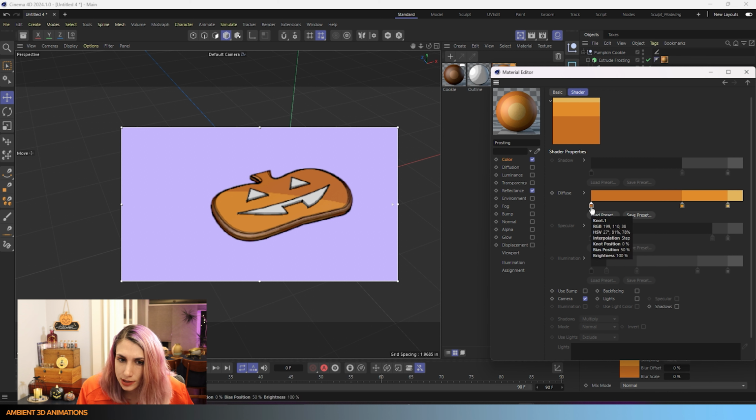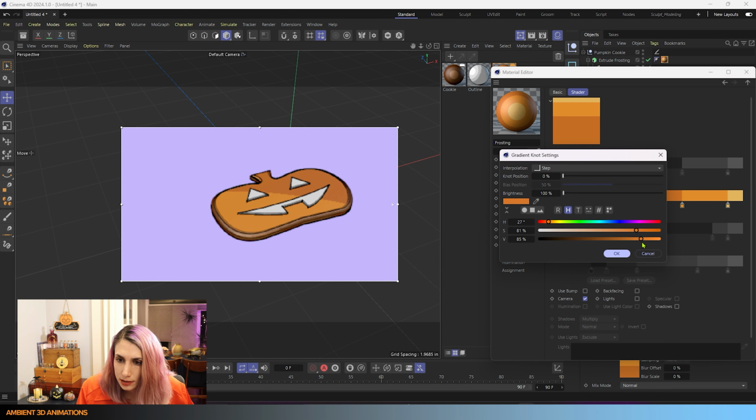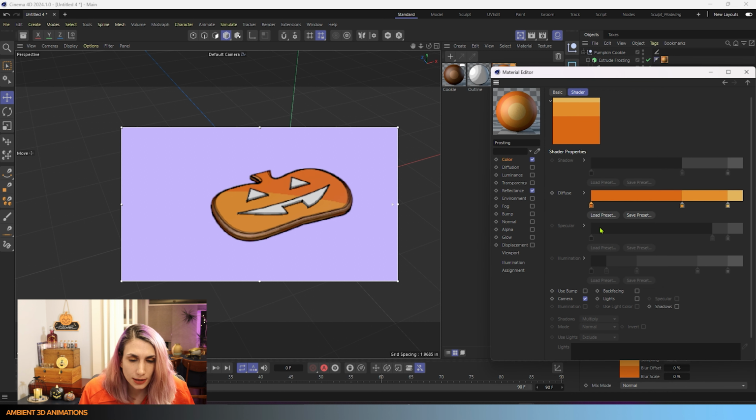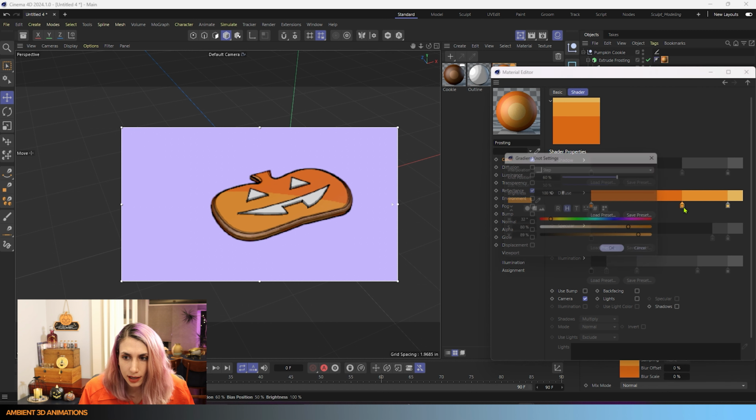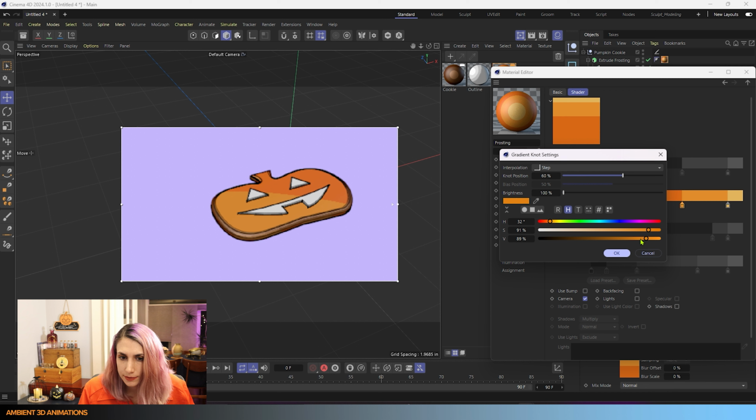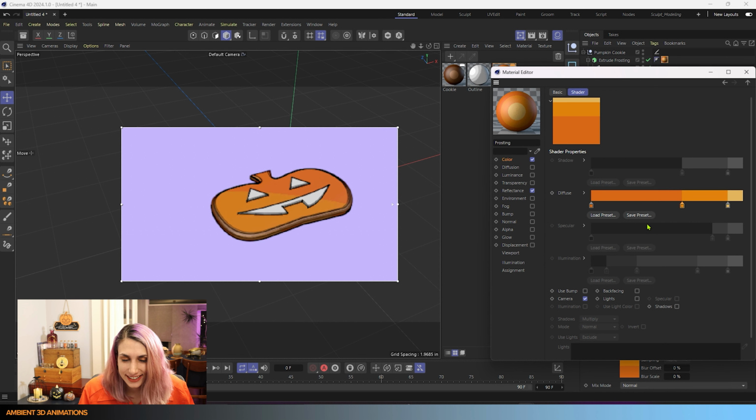I feel like this orange is a little on the dark side. We want this to be a little bit more orangey. Okay, so maybe this here looks good. And now we need to make the eyes. I actually want this to be more saturated. I am probably tweaking this too much. I'm gonna go with that.